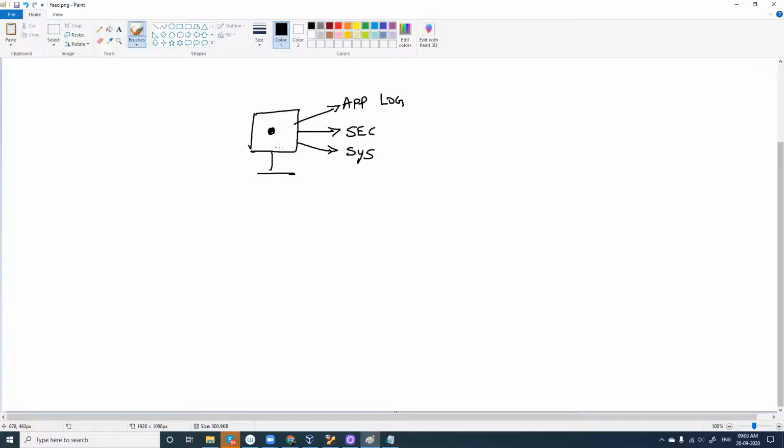And in case you wanted to access all these logs, you have to go individually and access them. The problem with that can be searching for a particular log, or searching for a particular date range, or wanting to see a particular event type of log. Sometimes it can be time consuming and it might be difficult, right?